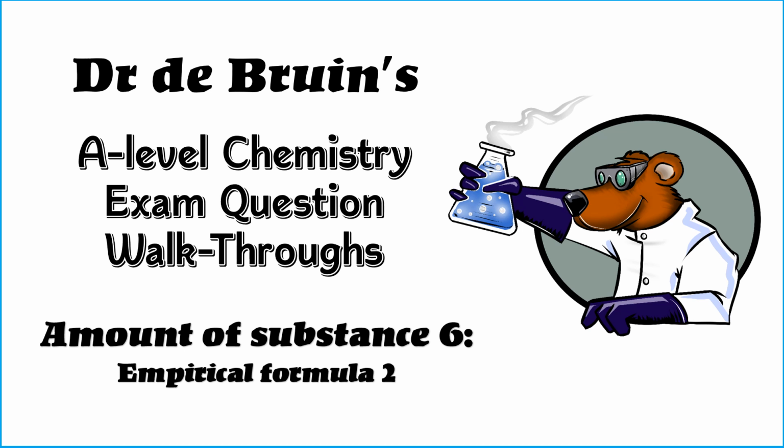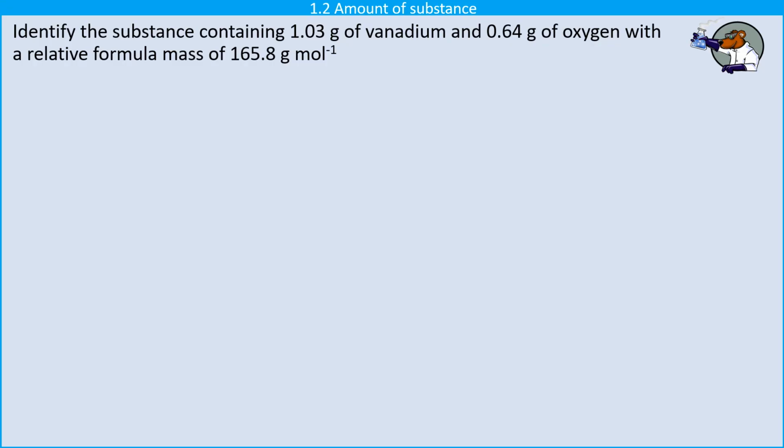Hi, I'm Dr. De Bruin, and this is another walkthrough of an A-level chemistry exam question from the amount of substance topic. The first step in identifying what substance we have here is going to be to work out the empirical formula. So I'm going to do this by working out how many moles of each element I have in